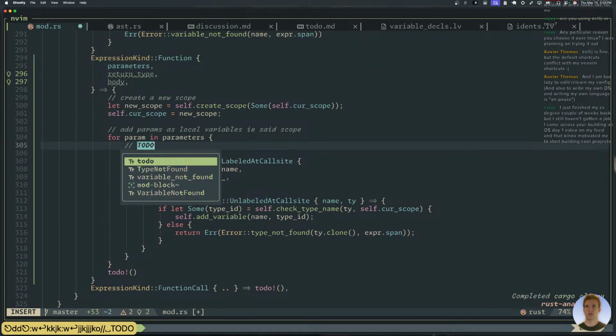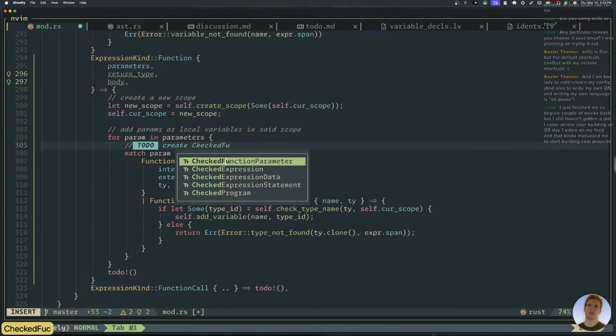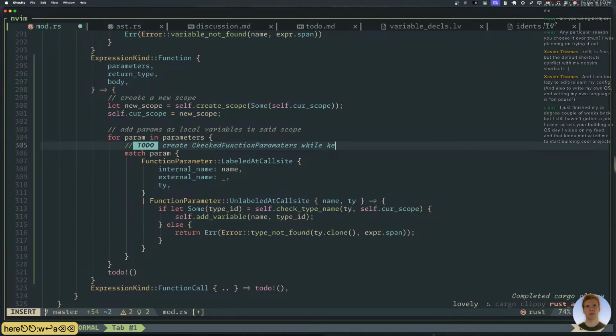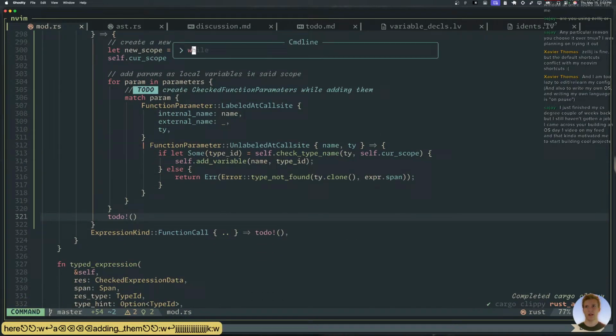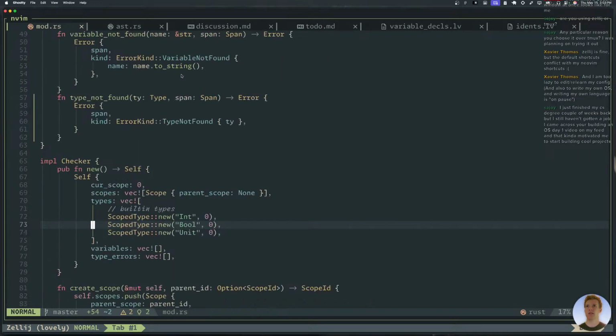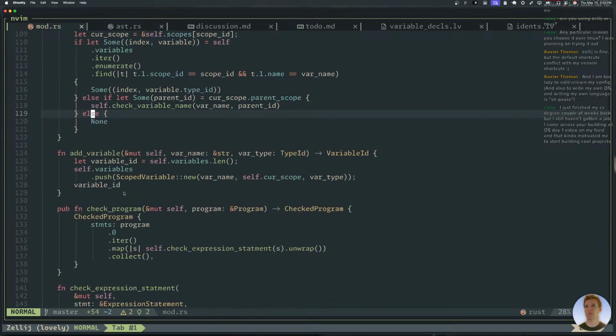I'm gonna do create checked function parameters while here. Okay, so we'll do that because we're gonna need those, and then we sort of just need to go through and check all the, it's basically exactly the same process as checking a program, right? Check program.